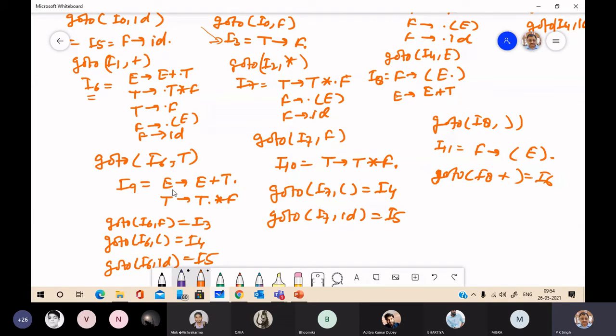Now here you can't apply go to. I9 asterisk will give I7. Here you can't apply go to.